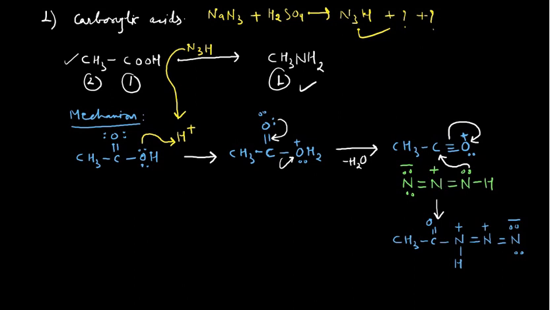See, this is CH3, and this would become C double bond oxygen. That nitrogen along with the hydrogen has bonded with the carbon. So, 1, 2, 3 and 4, tetravalent. So, it would have a positive charge, and the rest is fine. What you can do in the next step is quite easy. In the next step, deprotonation would occur.